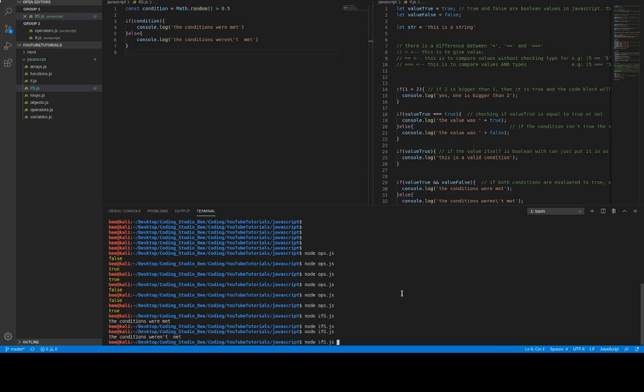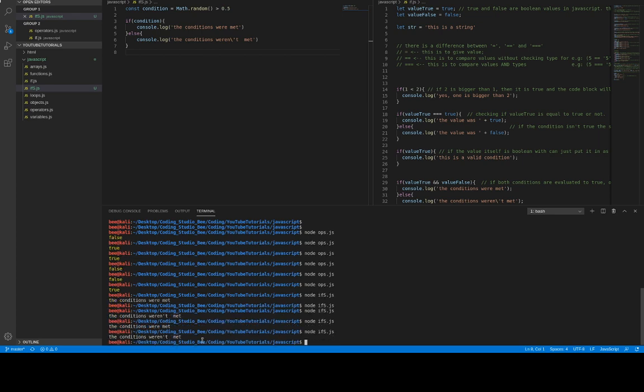We don't know if the conditions were met or not just yet. The conditions were met because the number was bigger than 0.5. Let's try again. Now the conditions weren't met. This is one of the uses of how you use an if statement. Of course, if we were to go